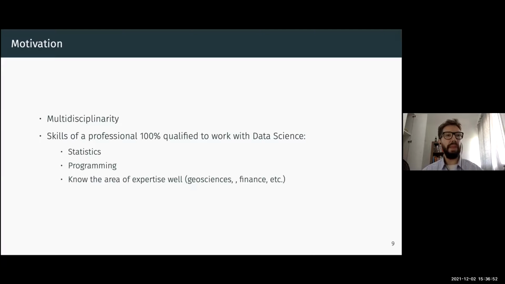This is where I think collaboration is important, because you have people with real problems, but they don't have statistics or programming knowledge. So they come to a person like me to help them extract value or information from their data. They can even come before collecting the data, because sampling is very, very important. If you don't sample your data correctly, maybe you cannot have good conclusions about it.